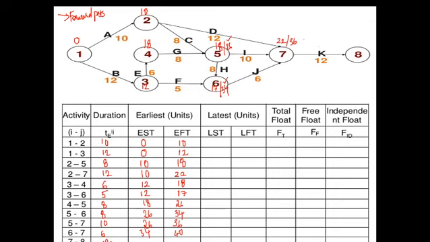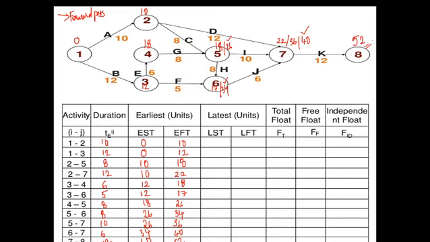So here we have one more value, which is 6 to 7, right? It is 40. So from all these three values, which is the maximum value? 40. So this 40 becomes the earliest start time of activity 7 to 8. We will write 40 over here. 40 plus 12 is 52. So the project will be completed within 52 days or 52 weeks, whatever it is. Okay, so project completion time is 52 units.